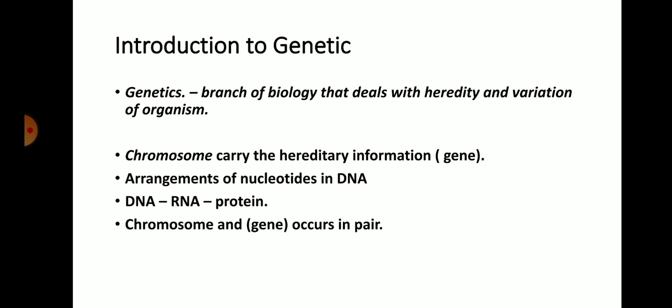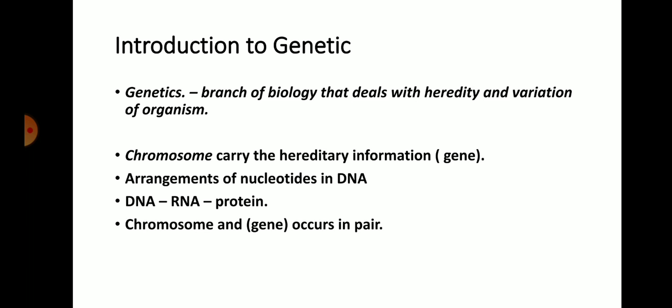There may be its morphology, its anatomy, physiology, its physical or mental biology. All this information is carried in the chromosomes, and these chromosomes are transmitted from parents to offspring, and these are the hereditary characteristics of the organism. So basically this information is located in the form of nucleotides in the DNA. DNA is deoxyribonucleic acid. So these nucleotides contain three parts, that is pentose sugar, phosphate group, and nitrogen bases,